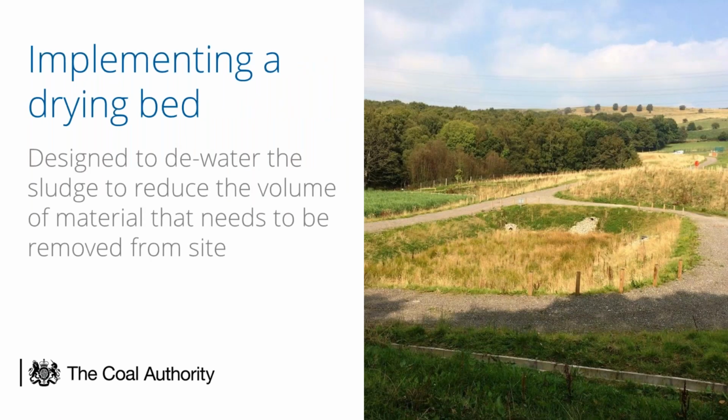We also, as I mentioned earlier on, have a drying bay on one side of the scheme, and that's a fairly cost-effective and low-tech solution to managing the ochre that builds up in the lagoons. We can get down to about 30% dry solids by overpumping the wet sloppy stuff out of the bottom of the lagoon, leaving it in the drying bay for a number of months. And it ends up becoming something similar in consistency to wet clay or plasticine. As I said, we remove about 17 kilograms of iron a day